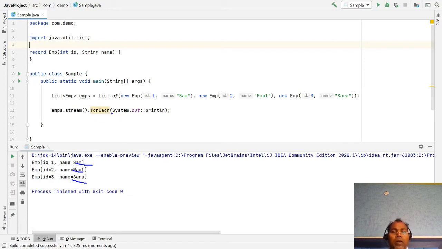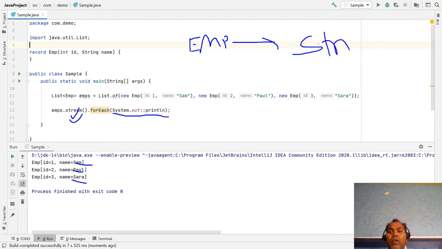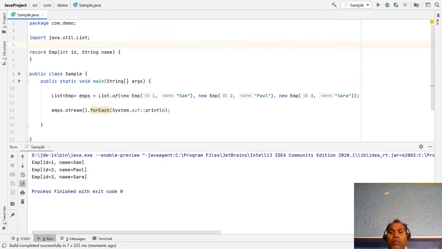Here it is displaying a list of employees, but I want to display a list of strings. That means I want to transform the employee object into a string object.